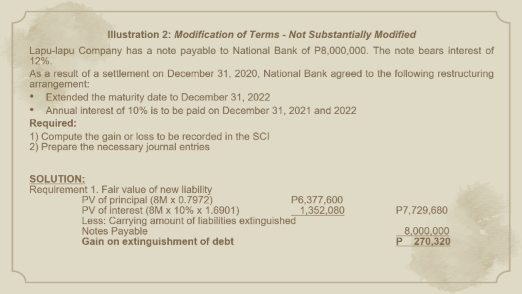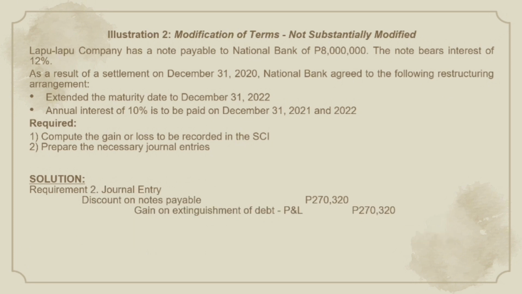Last, the carrying amount of liabilities extinguished, which is the notes payable of the original cost of 8 million. So 7,729,680 less the original cost of 8 million,